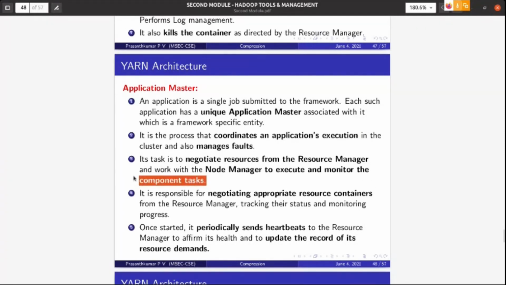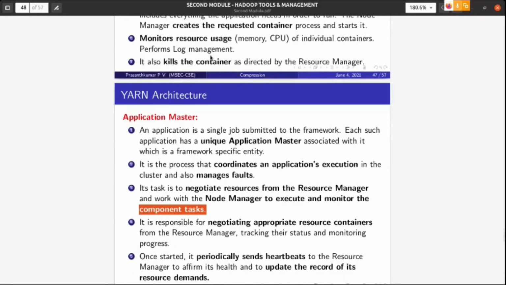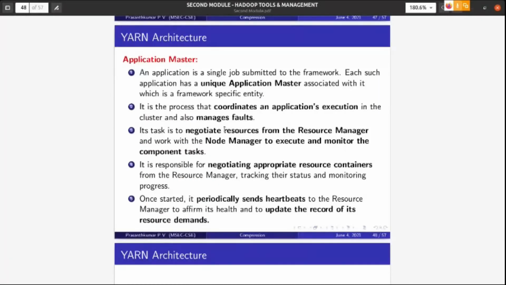Here you can see that the application master gives the instruction to start a container, and gives the instruction to kill the container. It will also request the resource manager for a resource. It is responsible for negotiating appropriate resource containers from the resource manager.